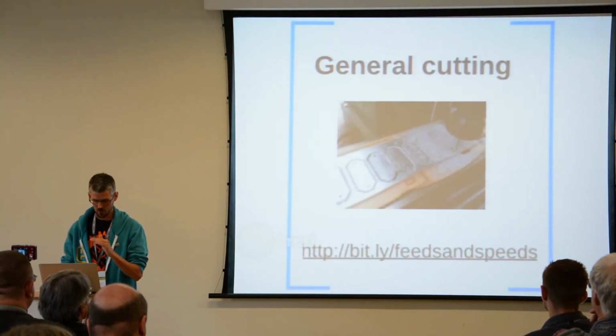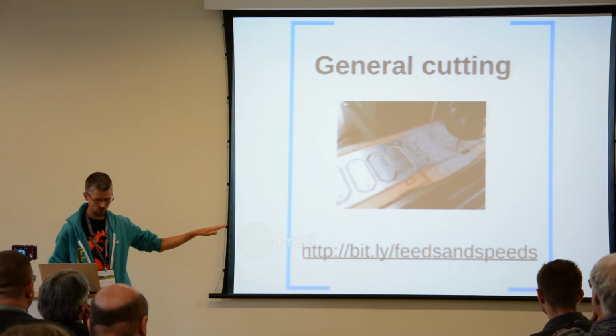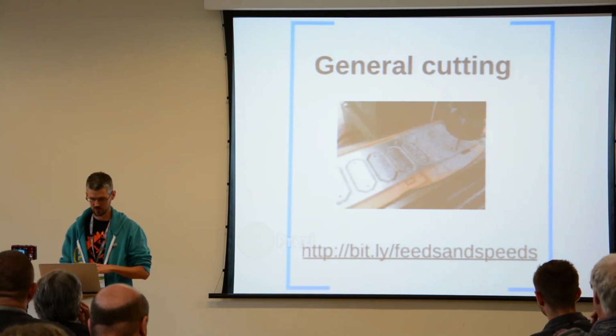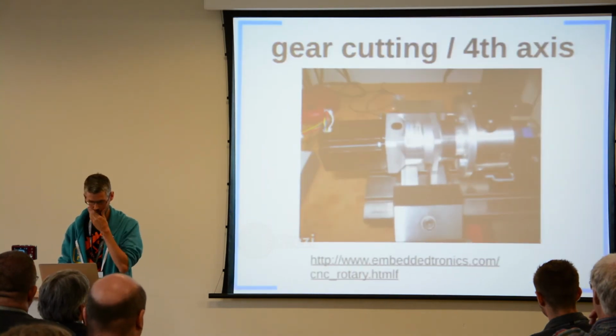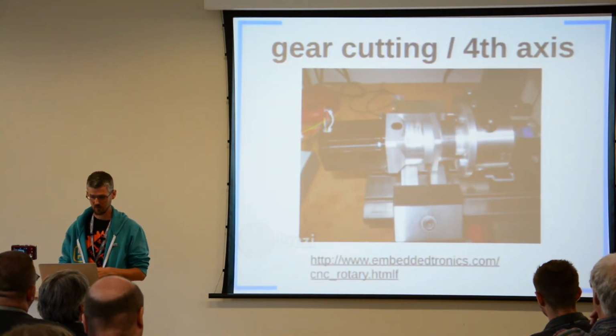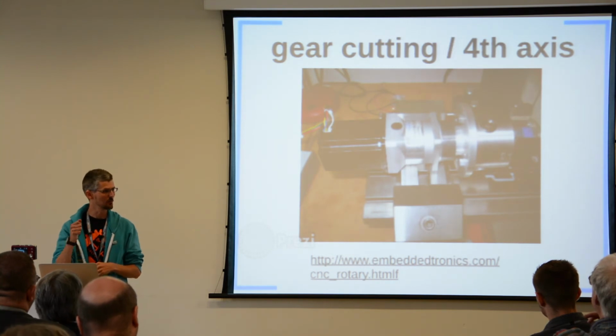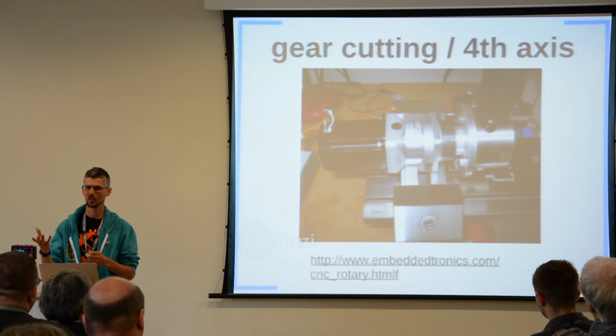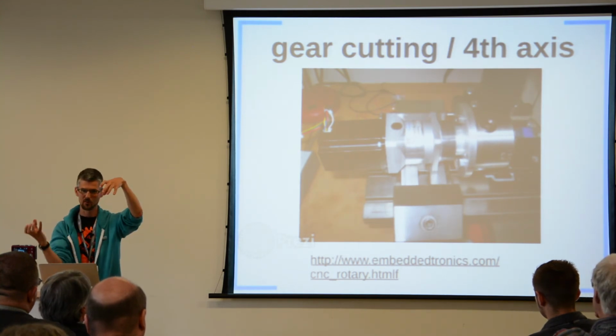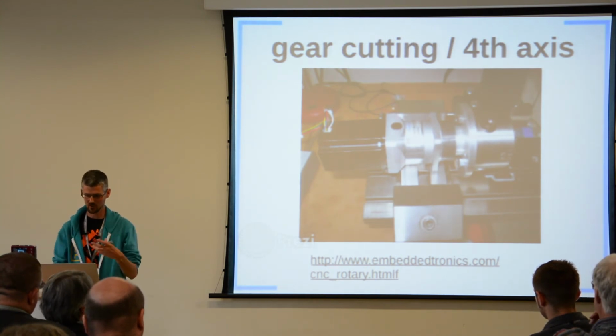General cutting, again, I'll relate you to that feeds and speeds document I've got where I've been documenting my own process. This is cutting out some aluminium for a drawing robot. You can do gear cutting if you add a fourth axis. Usually what you do is you unplug your y-axis, you plug this into the y-axis instead, and then you use a program like G-code ripper to wrap the y-axis around a circle,